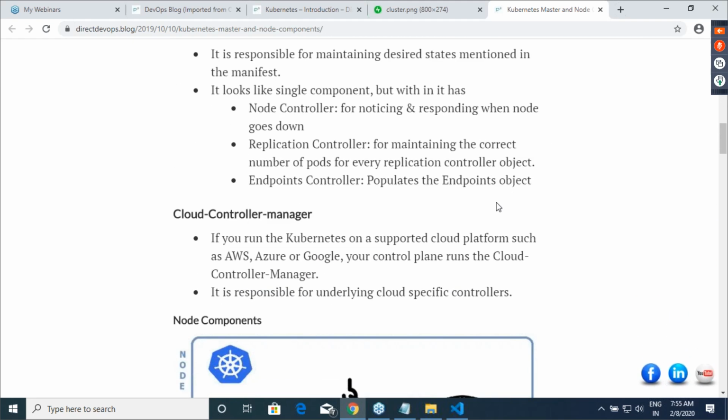In controller manager, we have many other components internally. If you look at over there, are you seeing something called as node controller? This node controller component will come to know whenever one node goes down. And then there is something called as replication controller. You have said that I want 3 containers to be running, but the actual state has turned to 2 because something has gone wrong. So that replication controller will come in. Similarly, we have an endpoint controller, which means that whatever is running inside your cluster, you want to expose it to the outside world. If something is going wrong there, this controller will come in.